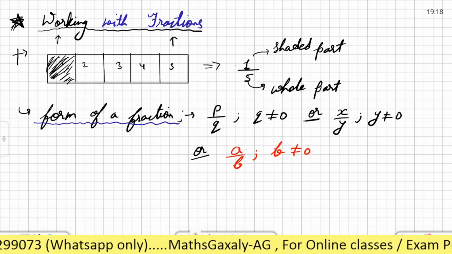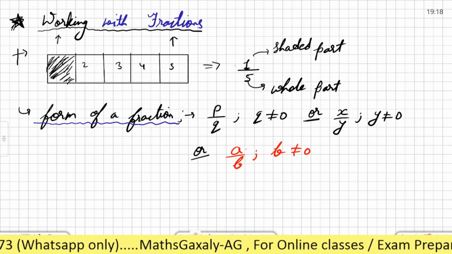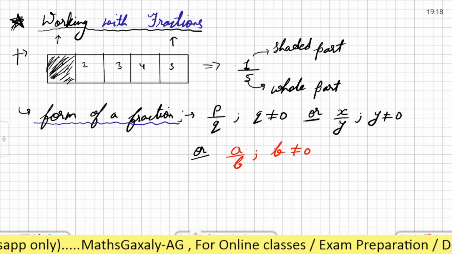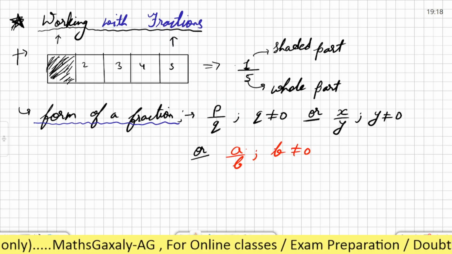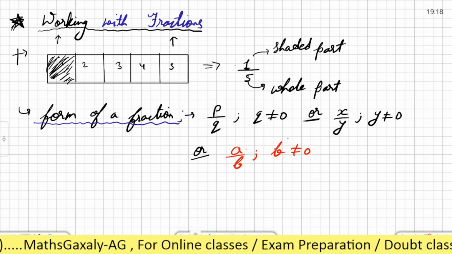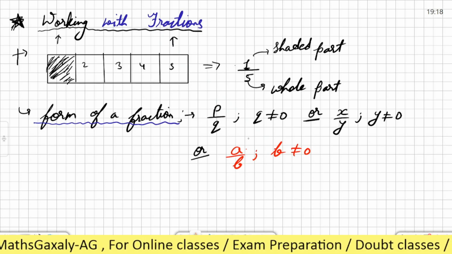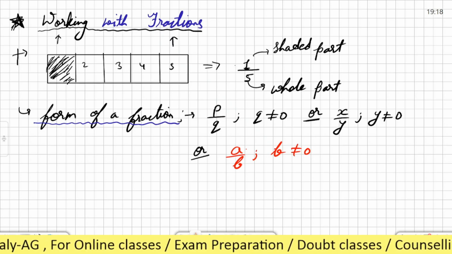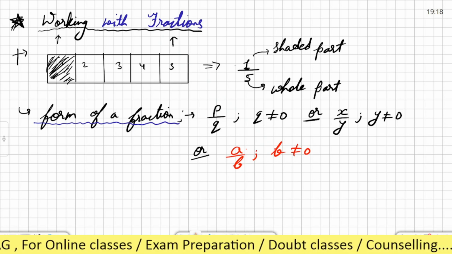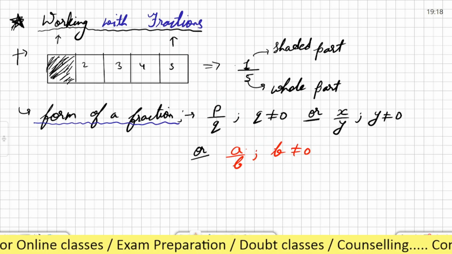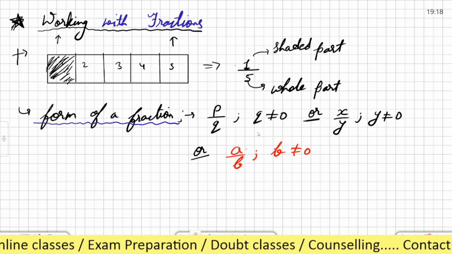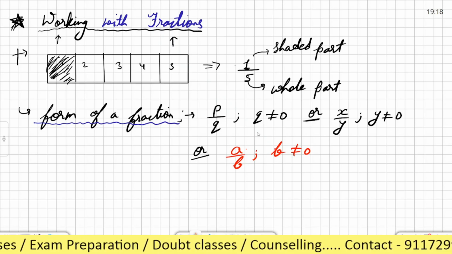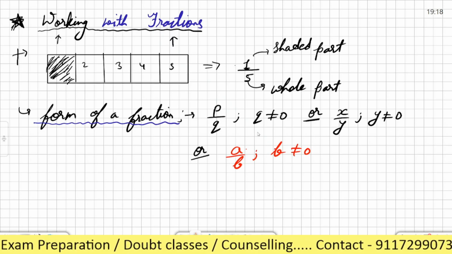Generally we use p by q. In some books you will see x by y. Is it clear? So they are not different, they are the same. I write all this because when you use another book, or learn from another source, then at that time you will not be confused. Otherwise you may be confused. So that's why I explained that it can be represented in any way: p by q, x by y, a by b, except the